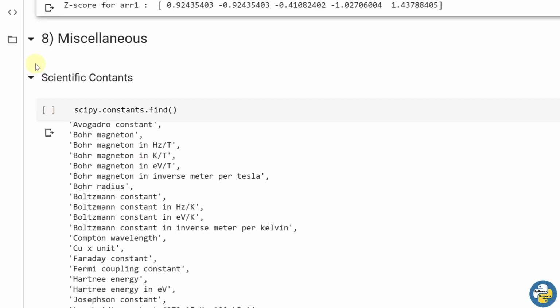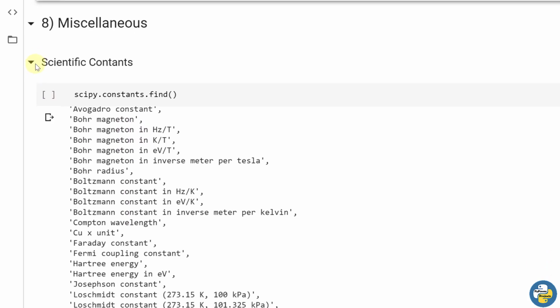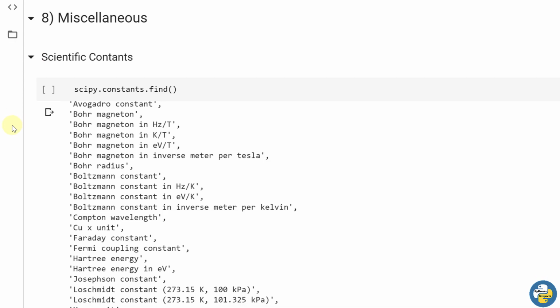And last but not the least, a miscellaneous example of this scipy module is the scientific constants. There are a number of scientific constants present in mathematics or science, and you can get the value of any particular constant using the scipy module.